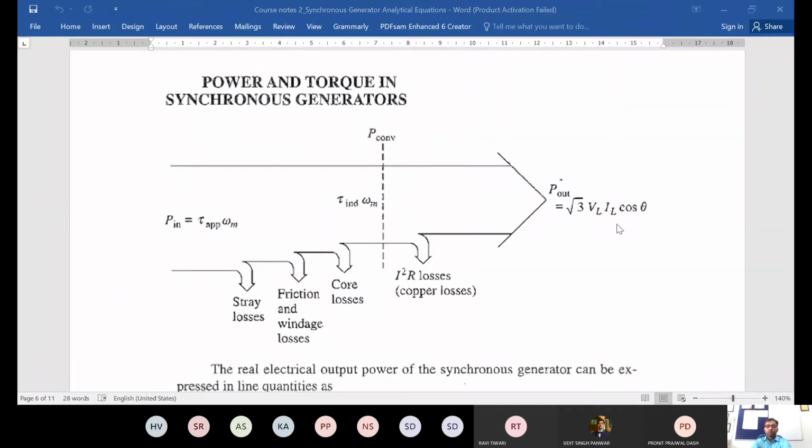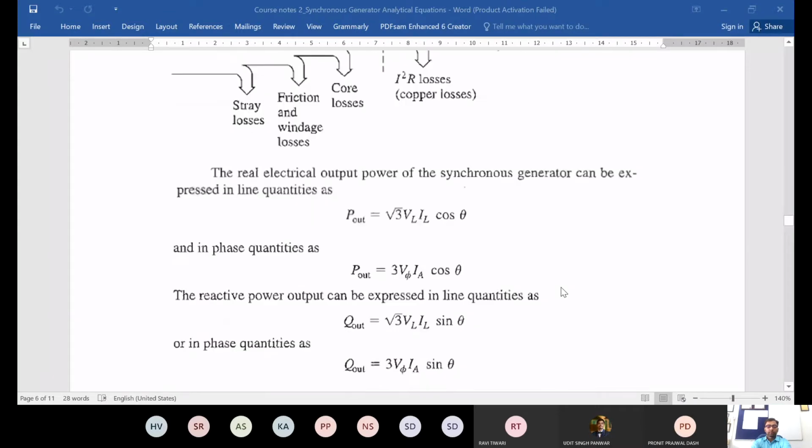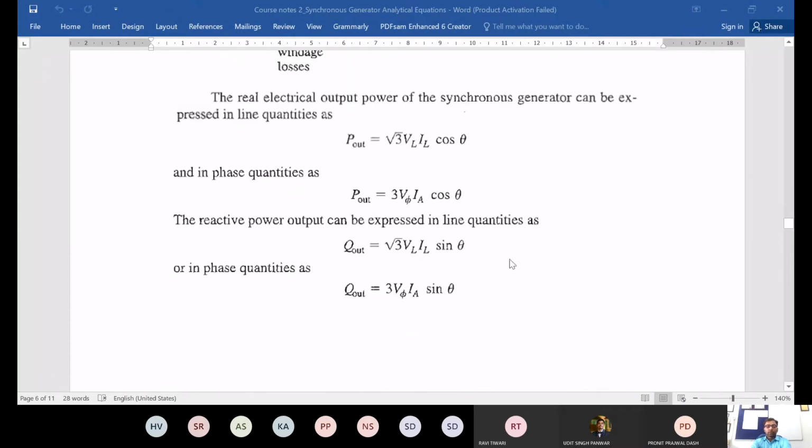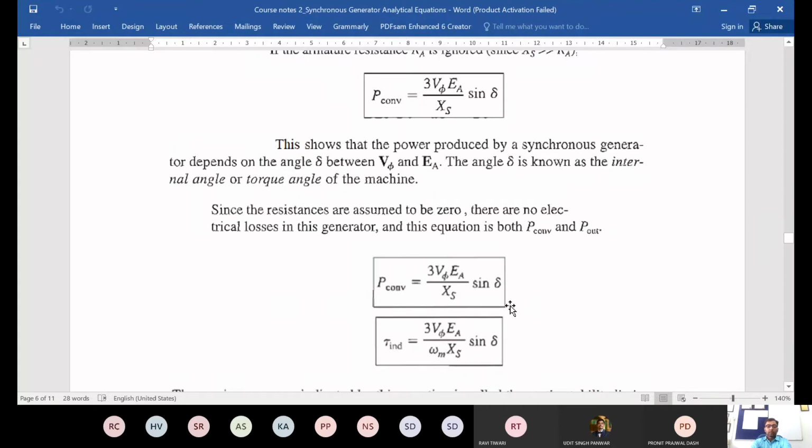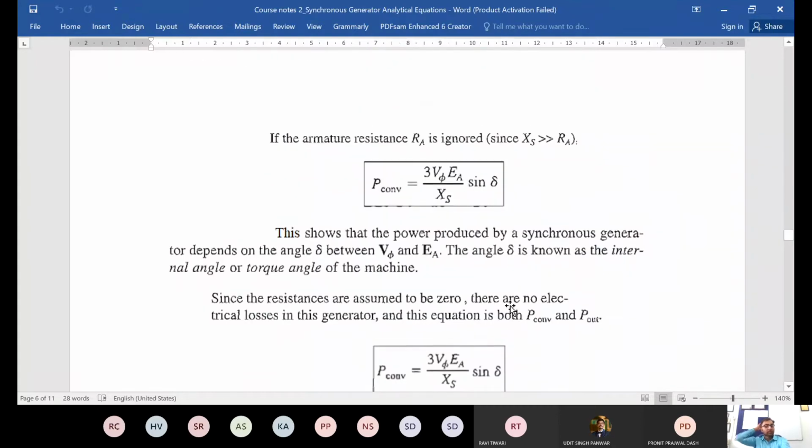So finally we get the electrical power output. Now these were the expressions for the output quantities, and another expression we discussed last time is the converted power, and also because we are making this assumption of ignoring the armature resistance, which is small compared to synchronous reactance, we can say that this is also the output